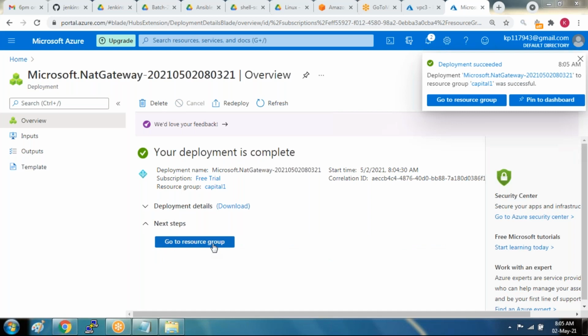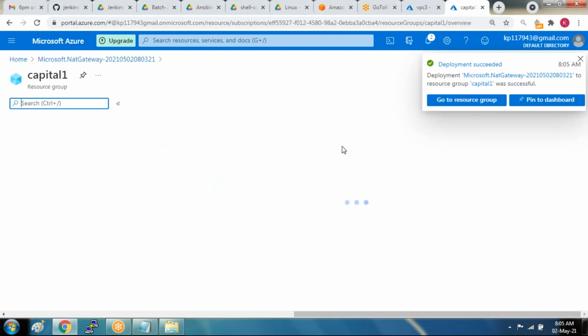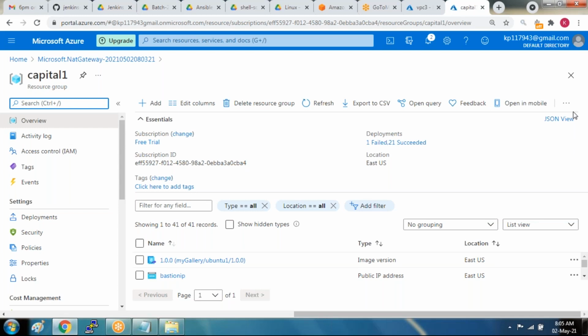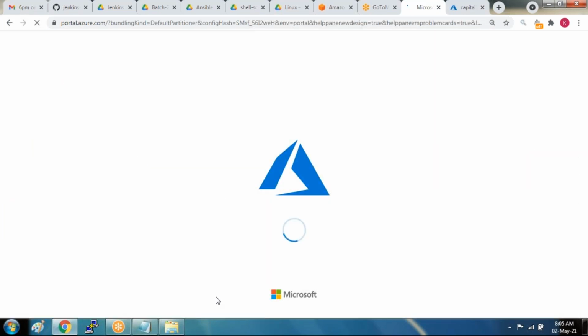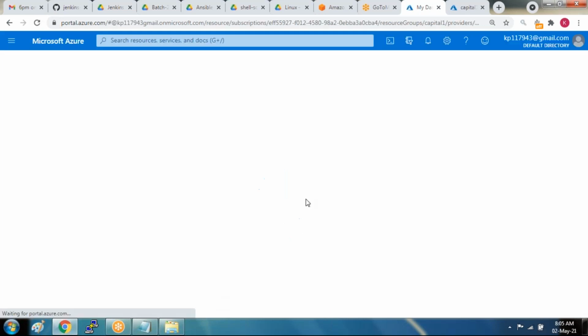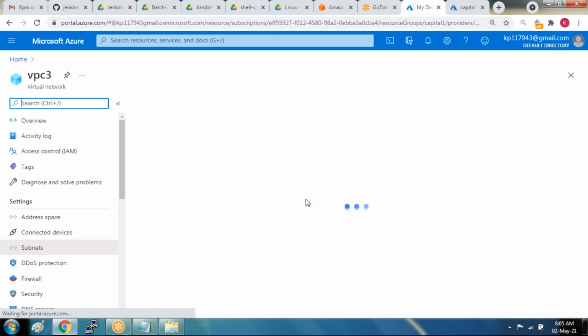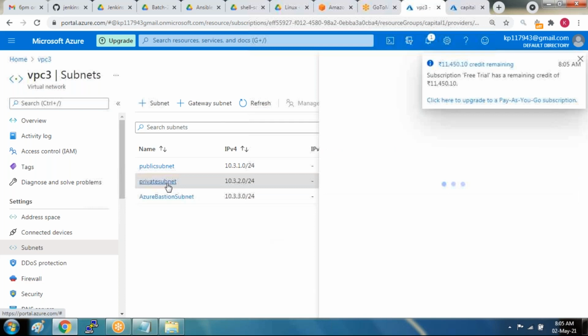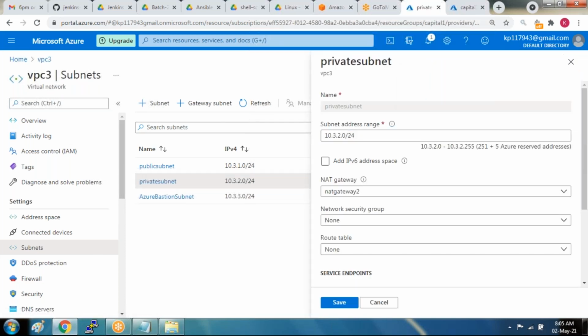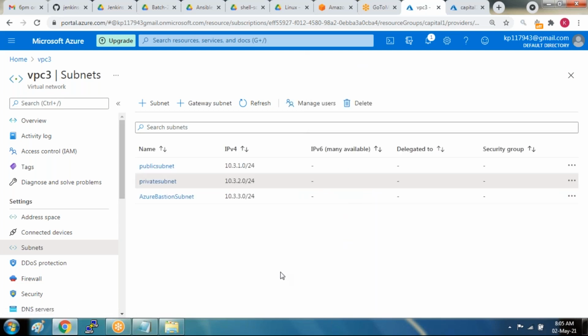Go to resource group. Okay, so that's a resource group anyway. But now VPC3, and just refresh this. Refresh. That's a private subnet. There is a NAT gateway 2 attached. Okay. Well, then,